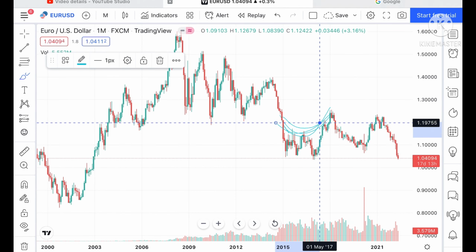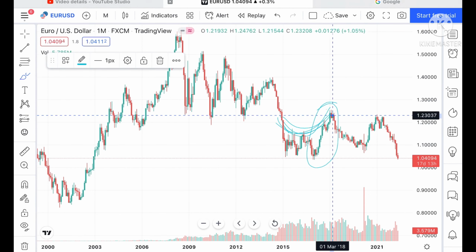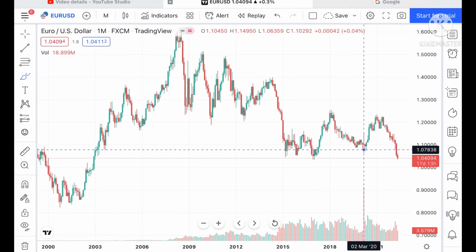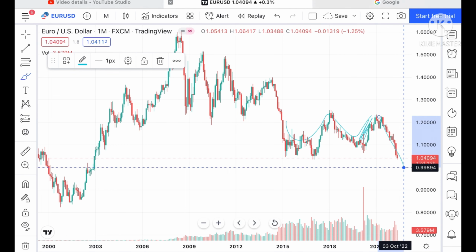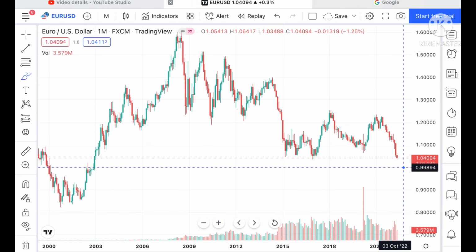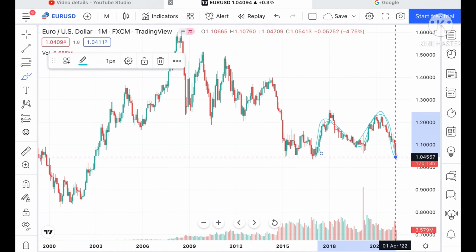If you look at this chart, a U pattern is forming, so a rise we have seen. After that, a continuous fall. And if you look at the chart, this made a cup pattern, and from there we have seen a continuous downside. So if you look at the chart here, we can see an M pattern is forming.